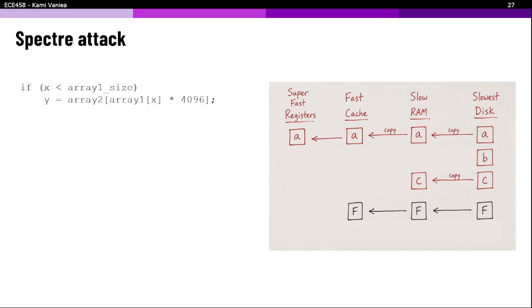If the value of A is not known yet, if A is not sitting in this register and B is sitting in this register, and maybe A is sitting down here in RAM, what will happen is the system will guess. It will say, what are the odds that A is bigger than 4? And usually it will use past experience. So again, I'm skipping a lot of stuff on hardware and how this is done. But it will look at this branch and go, historically, the last 6 times I went through this branch, which way did it go? And if most of the time A is greater than 4, it will skip this and just run that.